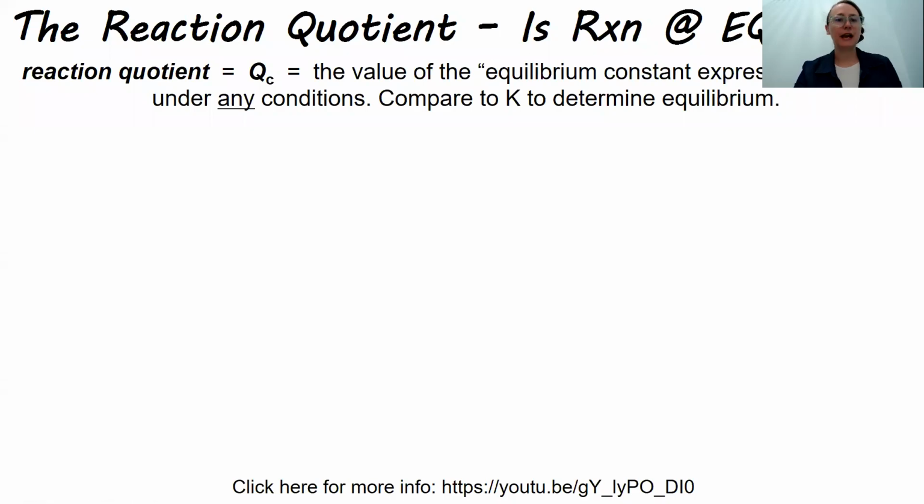Q is the reaction quotient. It helps us look at a reaction and determine if it is at equilibrium. And this is an important number, the value of Q, and it will be with us for the rest of the semester. All right, so the reaction quotient is basically the same as the equilibrium constant expression, except it's not at equilibrium. It's under any conditions, and we can use it to compare to K